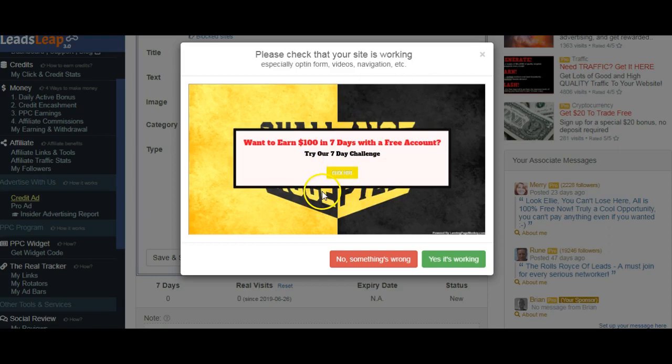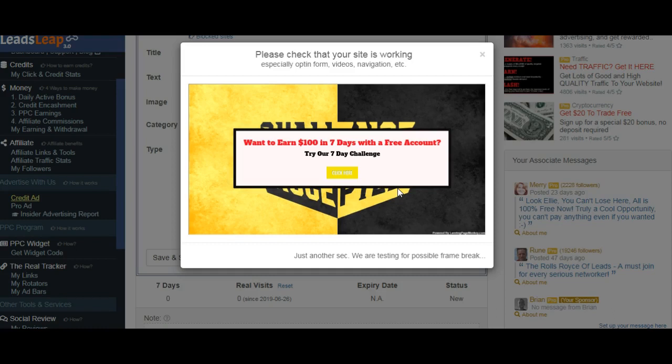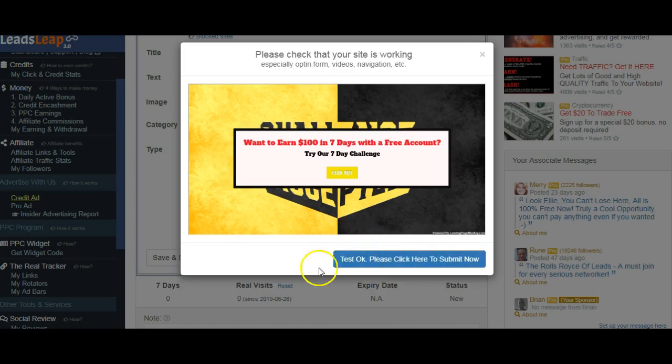So if your page is there and it's working no problem, then click here that it's working, or if it's something wrong, then just click on this one. So we're saying yes, it is working, and it's just doing another test now. As you can see, it just says just another second. There we go. So it comes up then and it says that the test is okay, and please click here to submit. So once you click on that button,